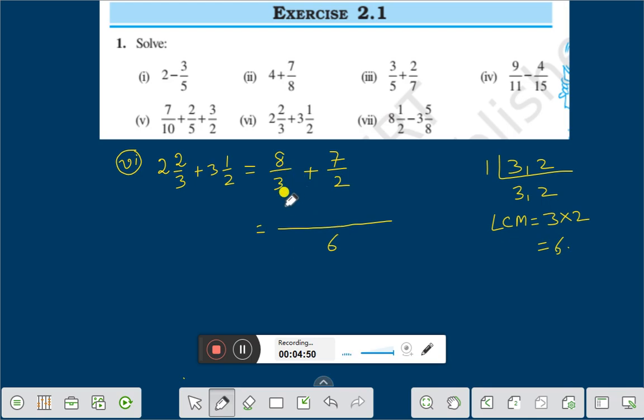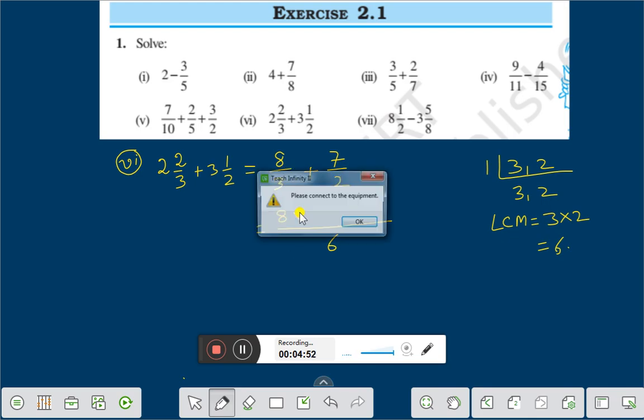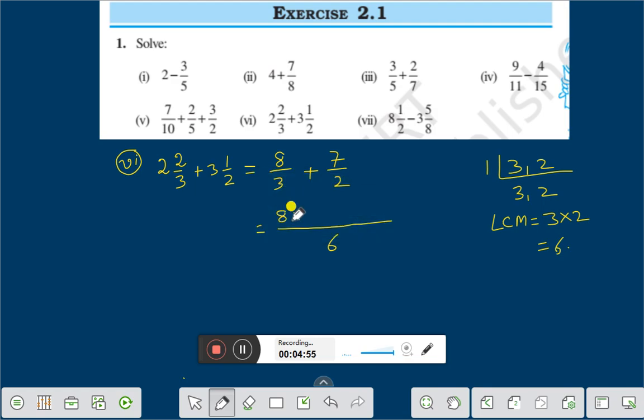Divide this 6 by 3, that is 2, that is 8 into 2, 16, plus if we divide 6 by 2, it is 3, that is 3 into 7, 21, by 6. Or you can write as 16 plus 21 is 37 by 6. Now, if we divide 37 by 6,